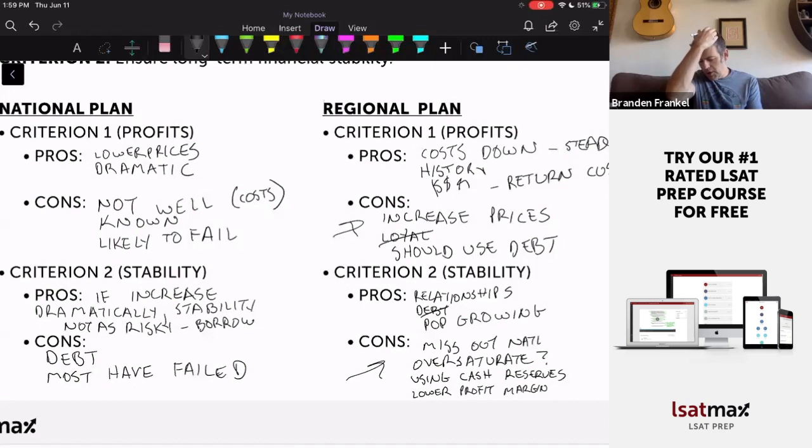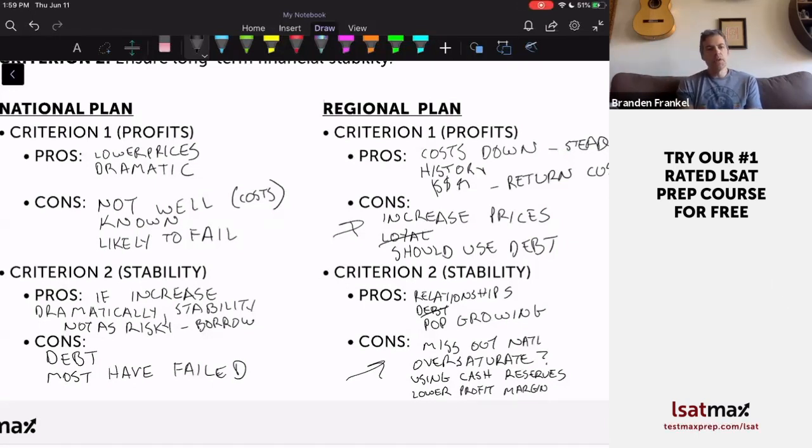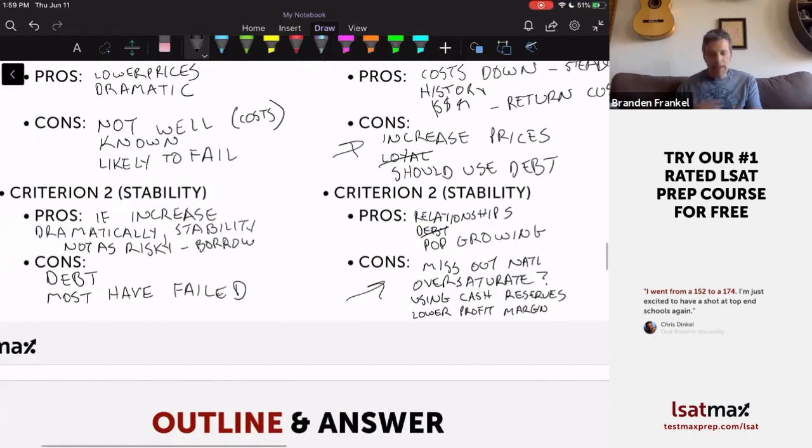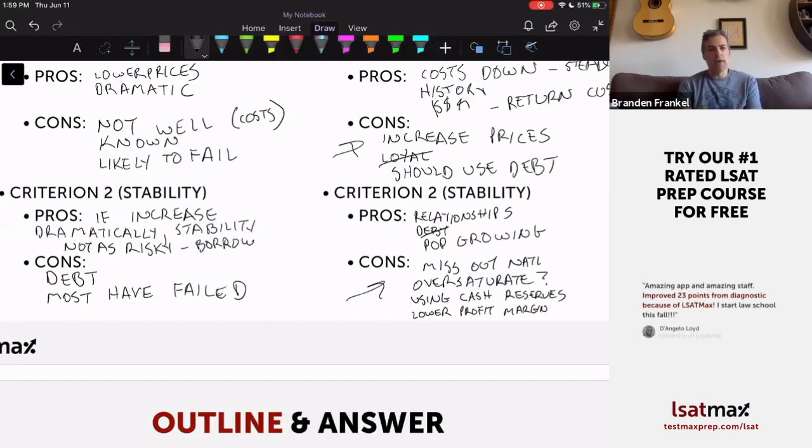We say, look, the regional plan, you've got to increase prices. That's going to ruin customer loyalty. And so when you're talking about profits, well, maybe our profits are going to go down if we're increasing prices. Maybe we should be using debt at a time like this instead of eating up our cash reserves. And by the way, eating up our cash reserves is going to really hurt us when it comes to being financially stable. If bad things happen and we don't have cash reserves, then are we going to be able to borrow? Maybe not, but right now we can borrow and hold on to our cash reserves